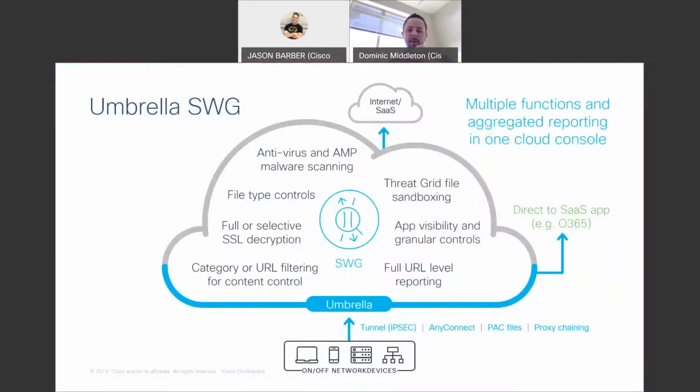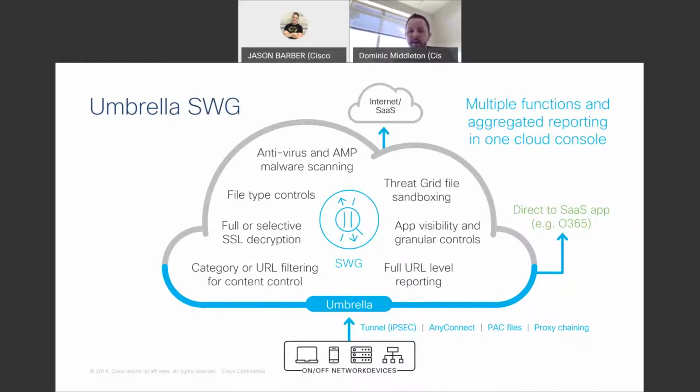So talking about the Secure Web Gateway really quick, lots of different features, lots of different engines built into the SWG. First of all, antivirus and AMP malware scanning. If you're familiar with AMP, now known as Secure Endpoint, you'll know that that's our Secure Endpoint solution. So if we see threats coming in that are trying to get into our endpoint, or if our endpoints are running AMP and they see a threat on that one, we have an integration there. And we can use files coming in that are directed at our endpoints to determine if a website is a bad guy and then block that website through Umbrella. So some good integration and intelligence gathering happening there.